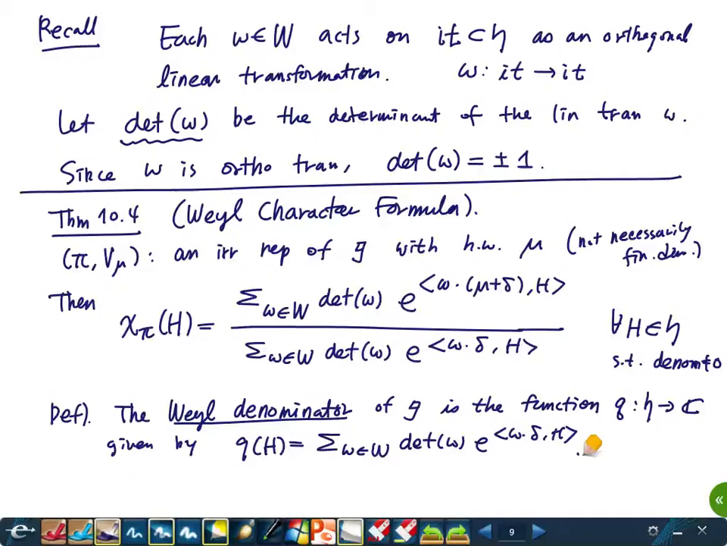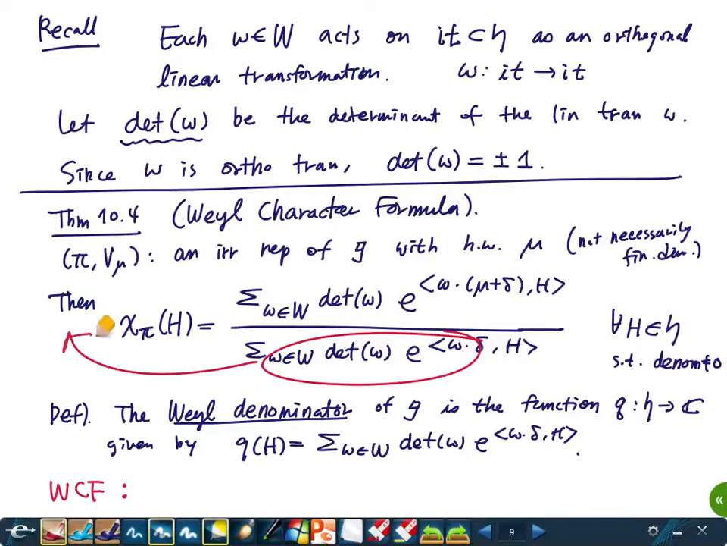And using this Weyl denominator, the Weyl character formula can be restated, because this part is Q. Let's move this to the other side. But okay, let me write that on the next page. What I'm going to do is just move this to the other side and then just change the formula. So the Weyl character formula can be restated